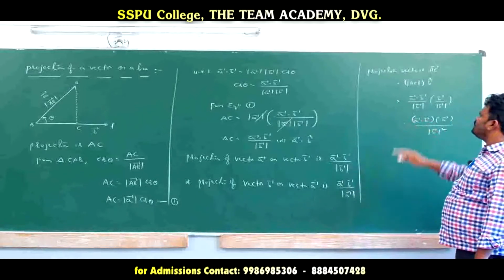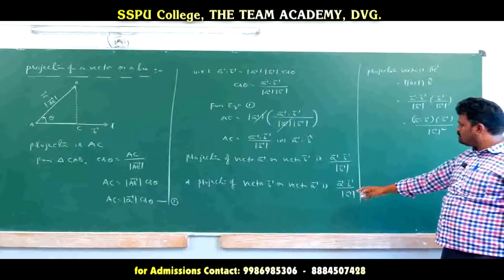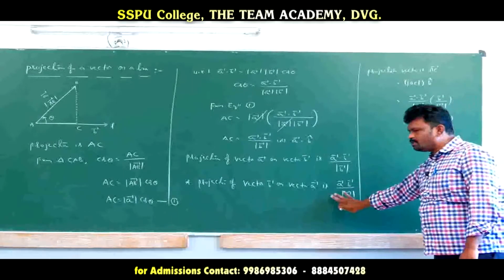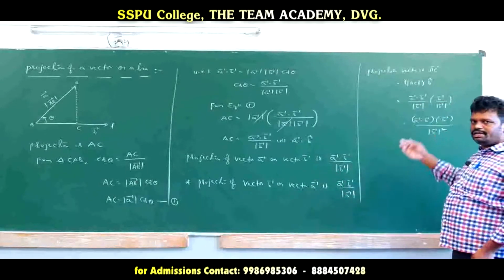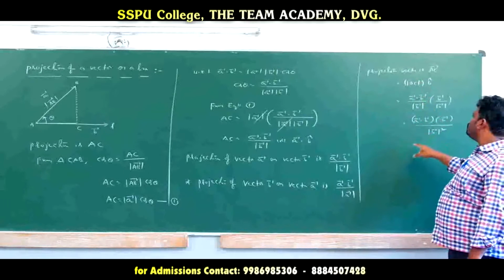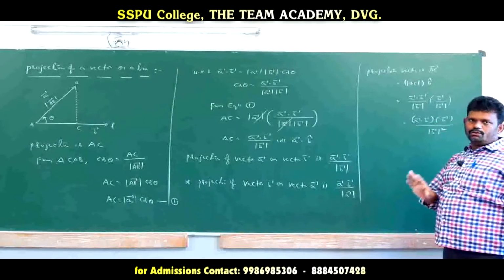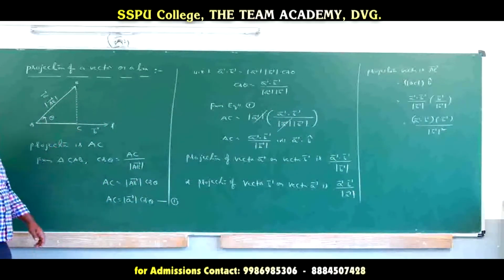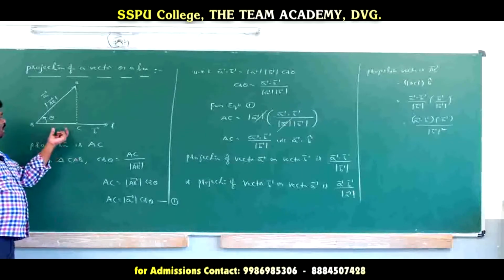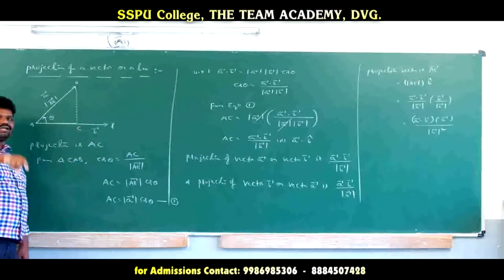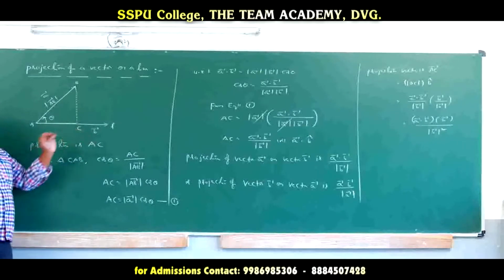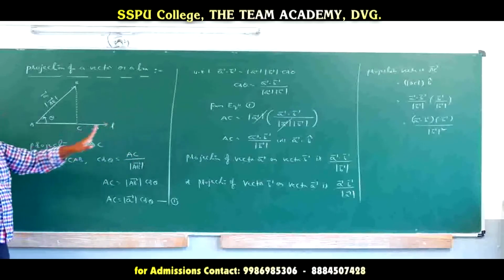Okay? So this is the projection vector. This is the projection of a vector on a directed line, another vector. This is the projection formula. For the board, this is enough. Otherwise, in competitive exams or CET bits, the projection vector is A bar dot B bar by magnitude of B bar times B bar. This is the projection, a scalar quantity. That scalar quantity becomes a vector quantity when multiplied by a vector, the unit vector giving the direction of that line. So we take magnitude of AC times B cap, and that becomes the projection vector.